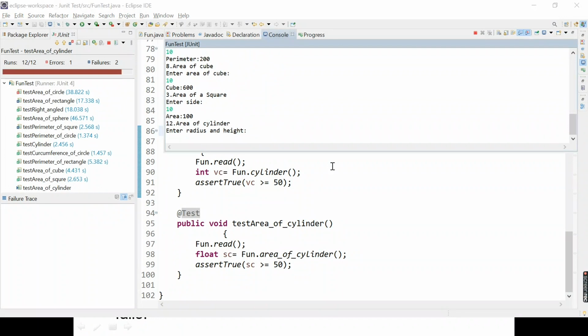If you enter all the values, all 12 test cases, then 12 out of 12 test cases are executed.